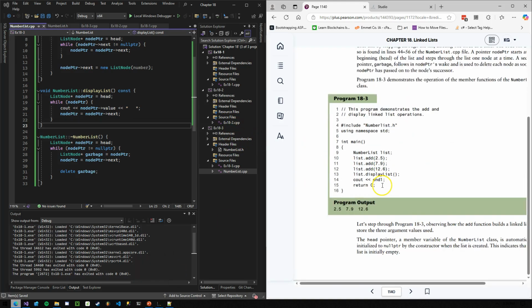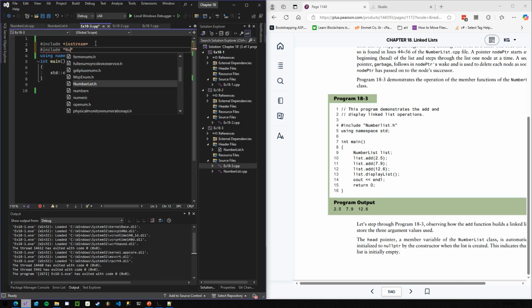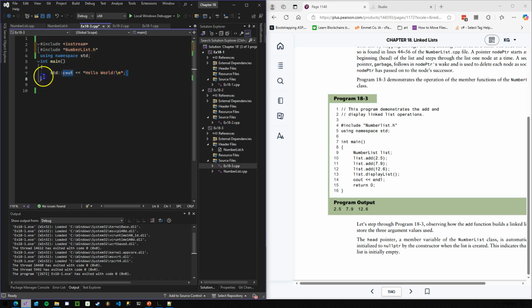And then, yeah, we have 18.3. Good. So actually using this thing, here we are. Of course, we'll need to include numberlist.h. Life is good there. Now to actually use it, we can say NumberList list. So creating this on the stack instead of the heap. We're not using the new keyword there. We are using new and delete in the implementation, but not inside of main here. So we could say list.add 2 point whatever,